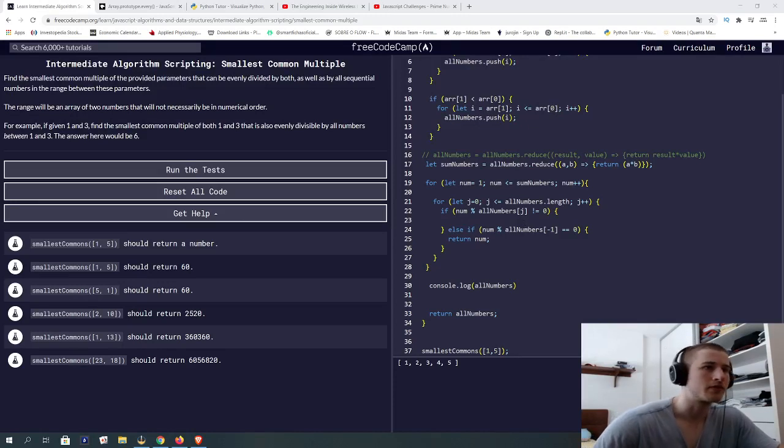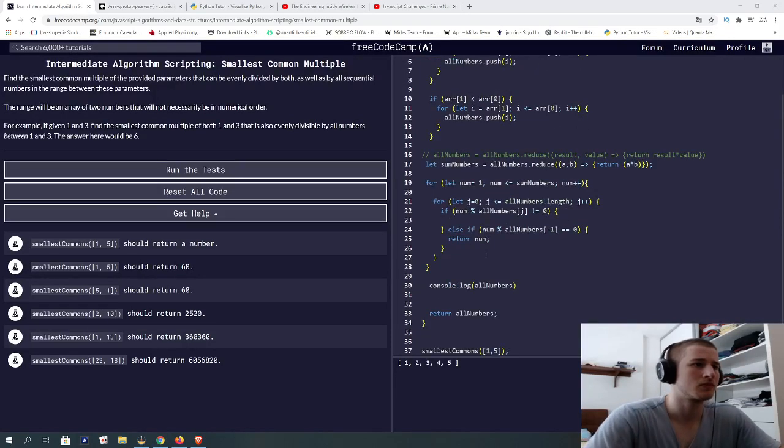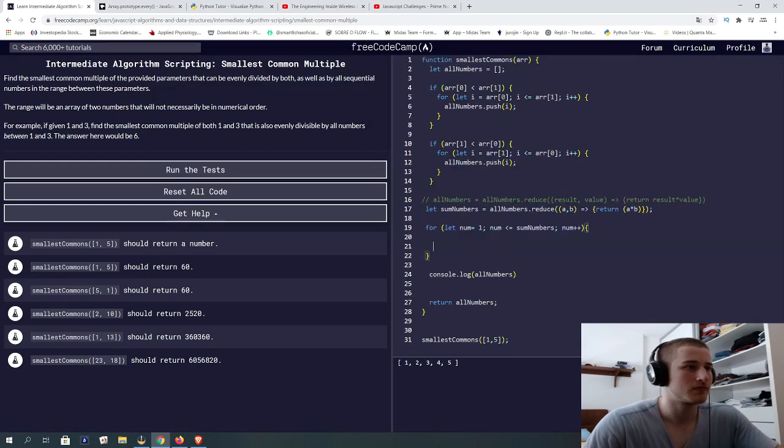And then I was trying to figure out how to create another loop inside of this to make the condition. So I think I'm gonna erase this loop here. And then I was thinking about,